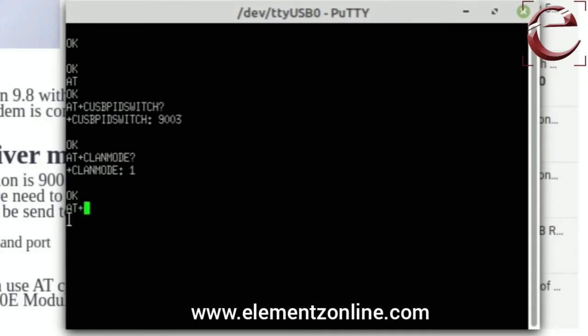So the LAN mode also you have to change to 1 if it is by default 0. Then you have to open the LAN mode. So by default it will be 0.